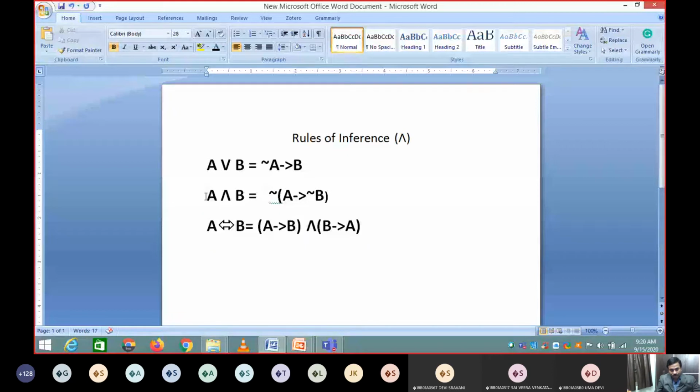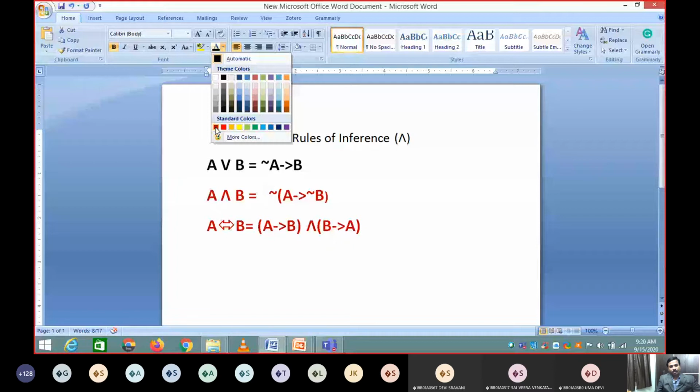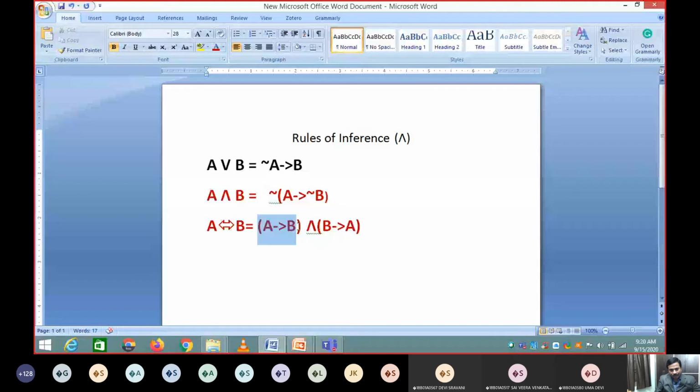So see this and see this. If you see both of them, these two are connected by using this AND. The first operator is this, the second operator is this. So I can just write